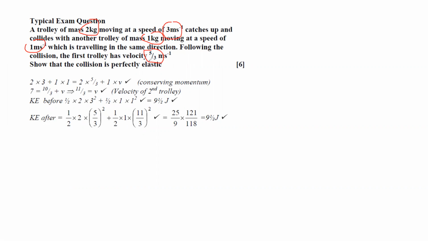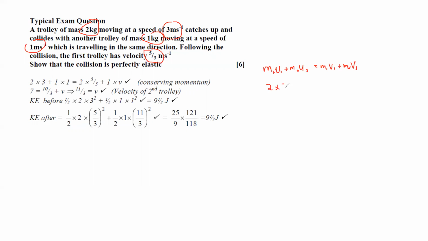We have to show that the collision is perfectly elastic. Before showing that, we have to find the final velocity. How to find the final velocity? Because the momentum should be conserved. So m1 u1 plus m2 u2 is equal to m1 v1 plus m2 v2. So the first mass is 2 kg